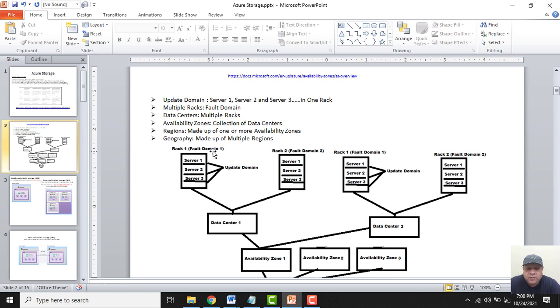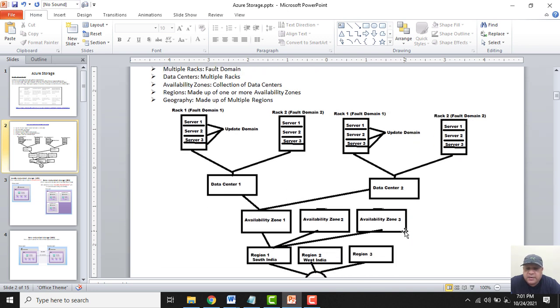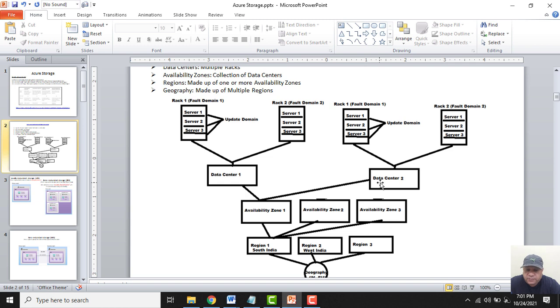In a data center we can have another rack, we can have multiple racks. So if this is rack 2, we will call it fault domain 2, and these servers, server 1, server 2, server 3, will be known as update domains. When we have multiple racks, they make a data center. We can have multiple data centers, like data center 1, data center 2, and these data centers make an availability zone.